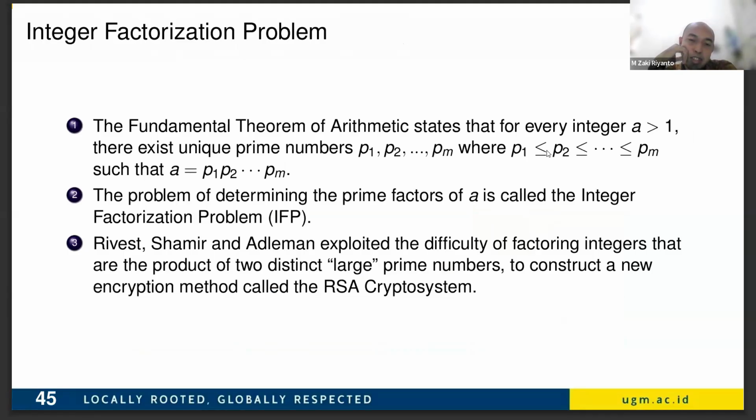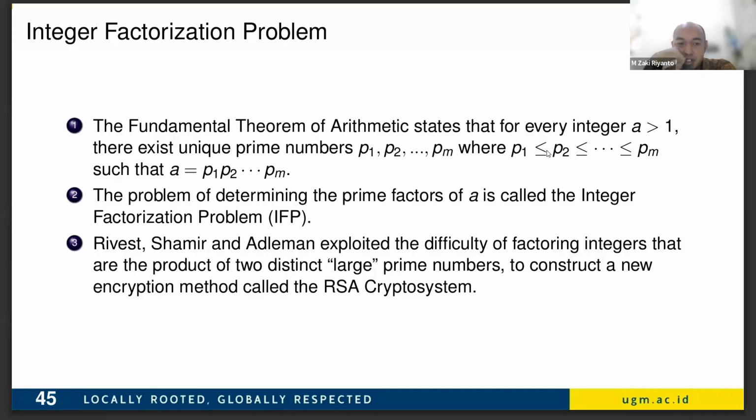Rivers, Shamir, and Adleman use a hard problem in mathematics. Where other systems use the discrete logarithm problem, here Rivers, Shamir, and Adleman use